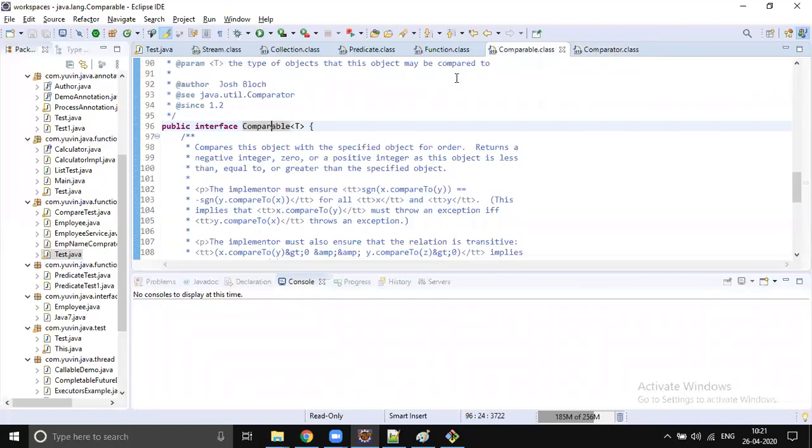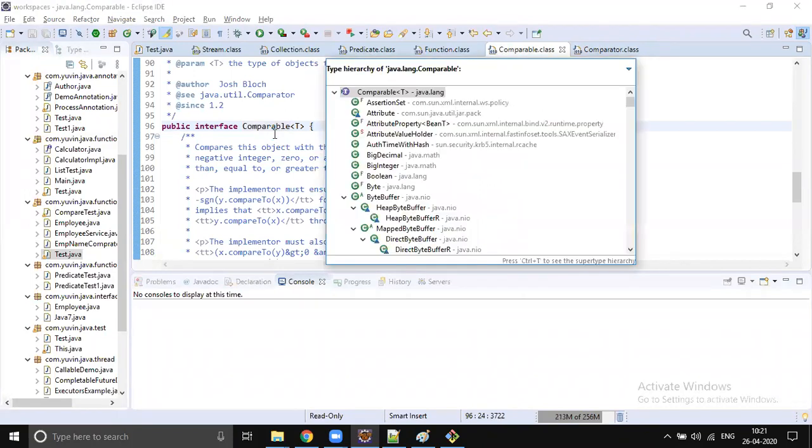Okay, so wherever you try to sort comparable implementations, let's see what all the classes are which implement comparable. String implements comparable, Integer implements comparable, all wrapper classes. These classes have already implemented comparable.